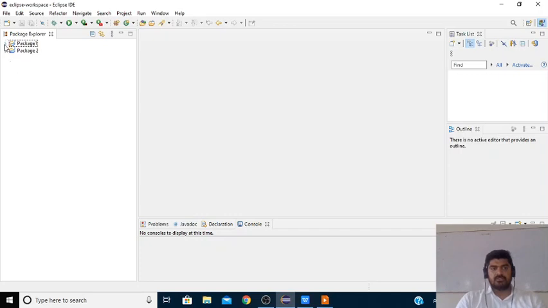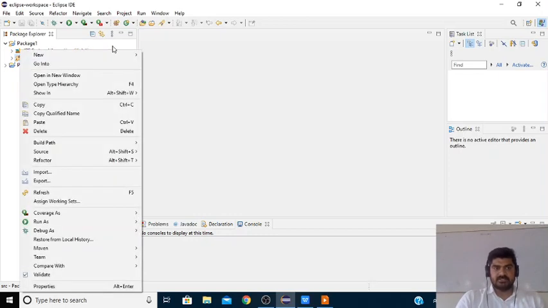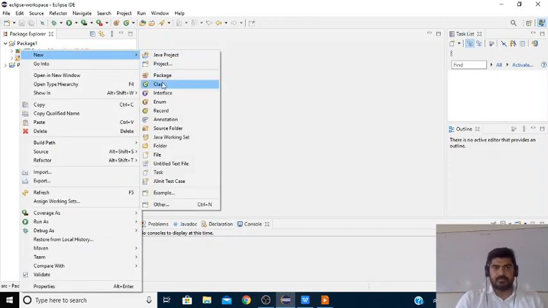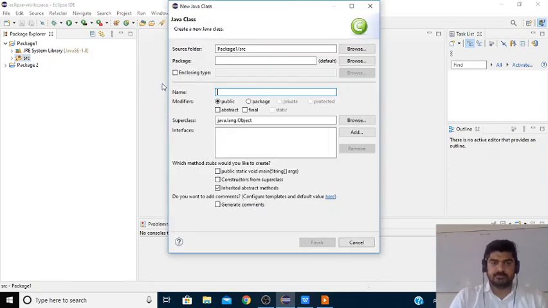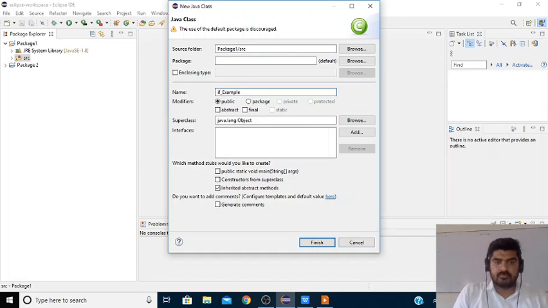So next we will try to execute a simple program for the if condition. Create a new class. We will name it if_example. Yes, we require the main method.